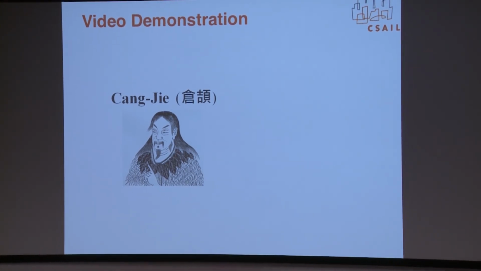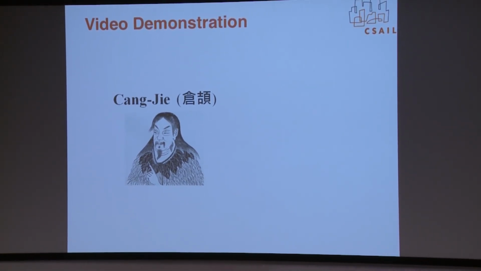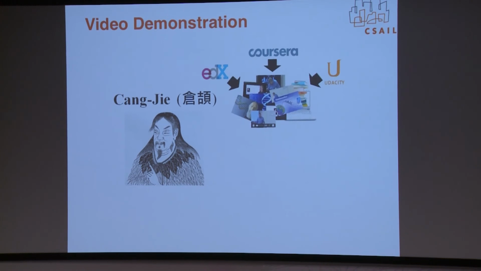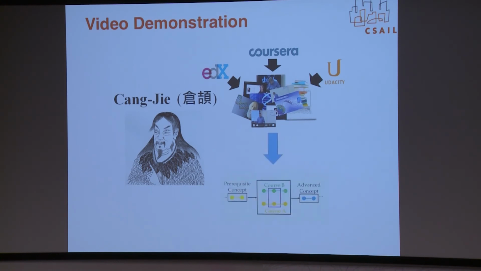Cangjie is a tool developed at MIT to help students taking MOOC courses to visualize the relationship among many courses from multiple online MOOC platforms. By linking these materials together and presenting them in an intuitive interface, Cangjie can potentially help a student customize their learning environment by choosing the suitable learning path, reviewing background materials, or skipping ahead to more advanced topics. The linking is achieved using human language technologies.